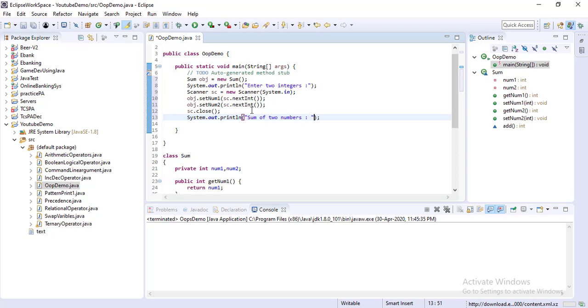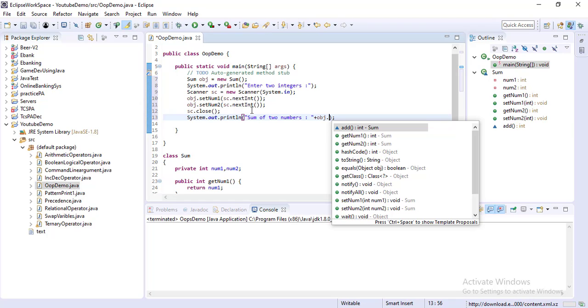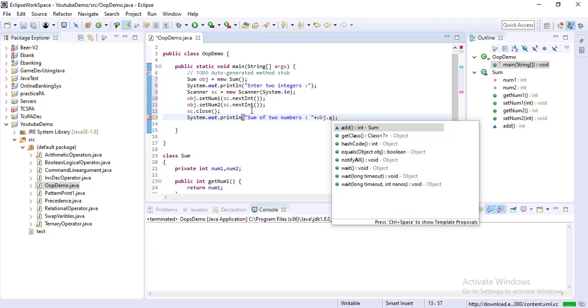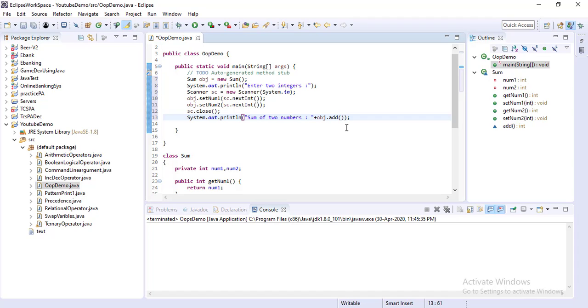We will copy the same thing from here, sum of two numbers. Then we are calling obj.add. Add is my method name, so we are calling it on the object.